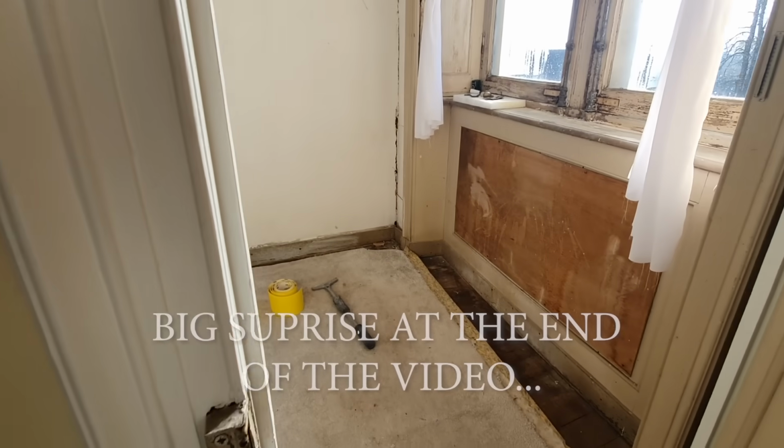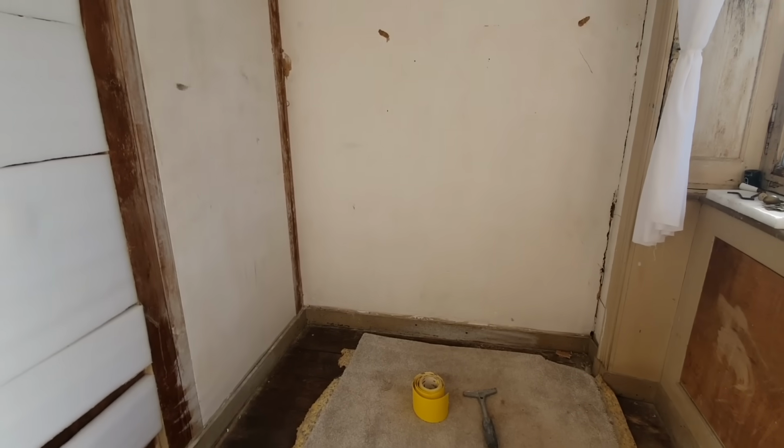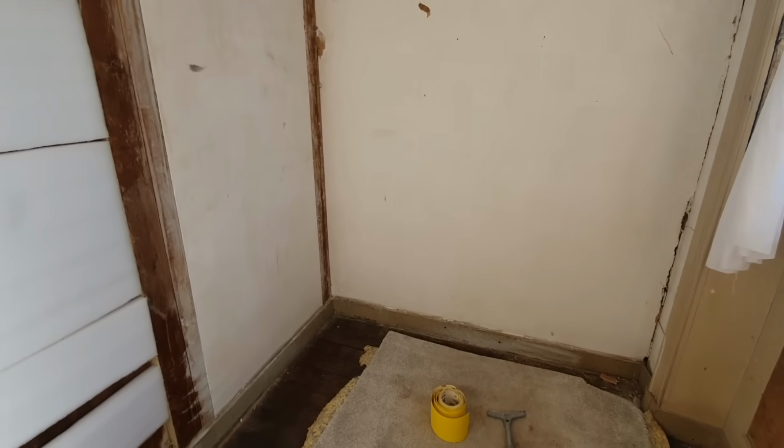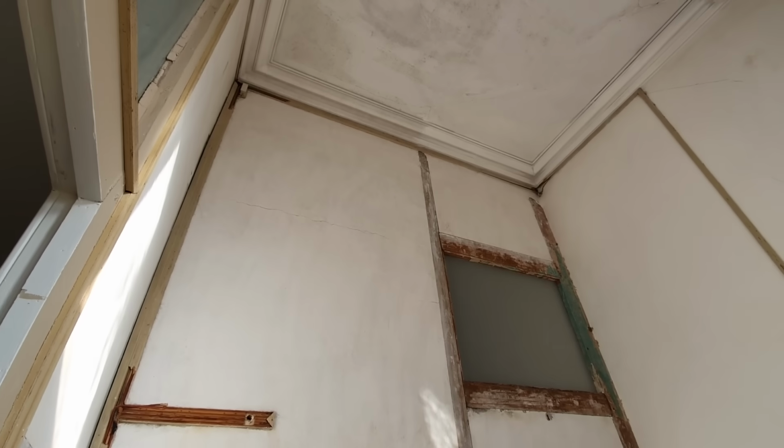Day has begun. I'm going to start work in my vanity room. It's all cleared out. That was a mission, trying to get the wardrobe out on my own. I did actually get stuck in here, so I had to drag the wardrobe back into the room and rethink. Anyway,